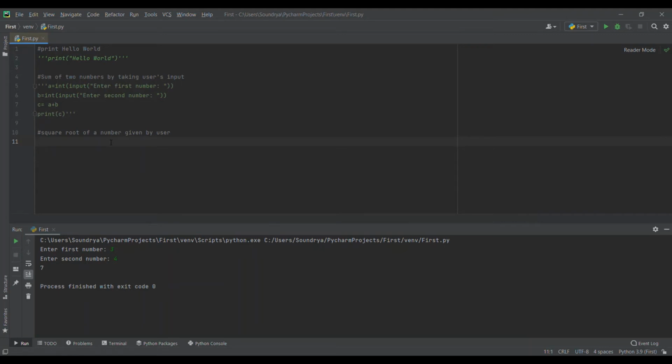Now our next program is the square root of a number given by the user. Let us again take user's input as we have taken in the previous one. Enter any number.